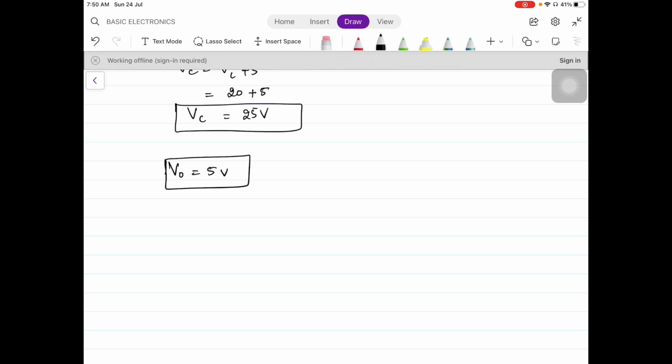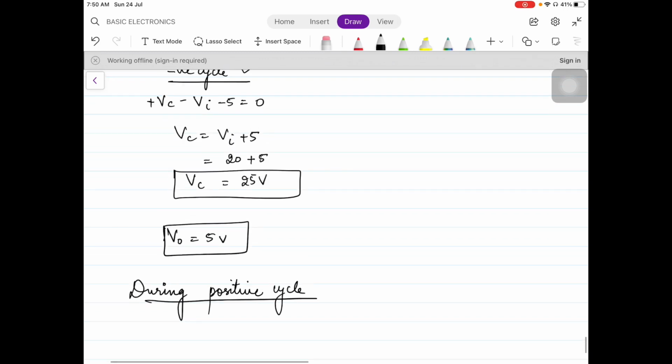नेगेटिव साइकिल का आंसर आ चुका है। अब बची है पॉजिटिव साइकिल, यानी यहाँ पर क्लैंपर्स के केस में, क्लिपर्स के केस में तो हमेशा हम पॉजिटिव साइकिल से शुरुआत करते थे, लेकिन क्लैंपर्स के केस में जरूरी नहीं कि हमेशा पॉजिटिव साइकिल से शुरुआत करेंगे, आप उस साइकिल से शुरुआत करेंगे जो डायोड को फॉरवर्ड करेगा।